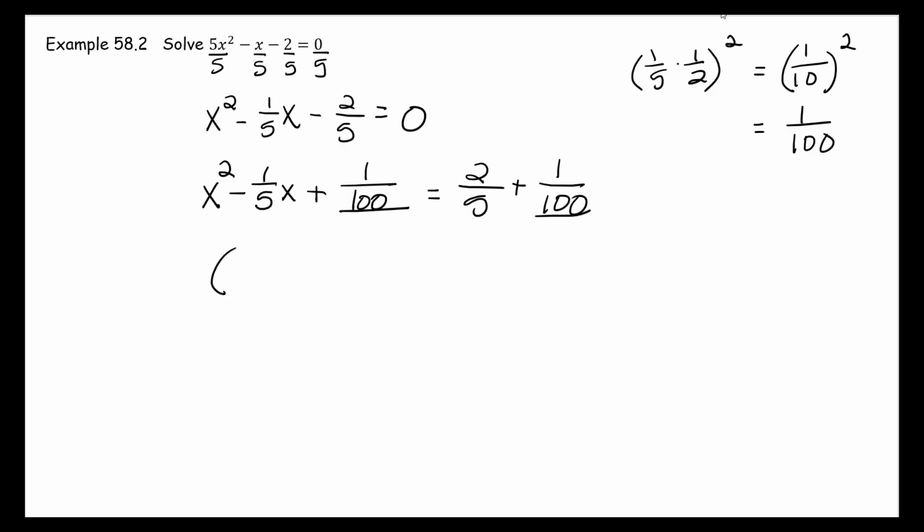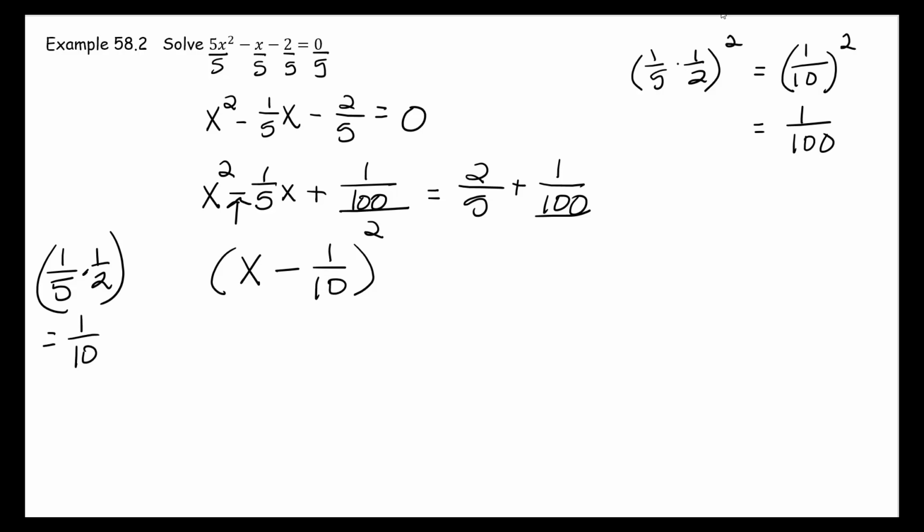And now we will write the left side of the equation as a perfect square binomial. What is going to go in there is going to be x minus, because this is a minus sign here, half the x coefficient. So half of the x coefficient is going to equal 1/10. So 1/10, and that is the left side of the equation. This whole left side can be written as a perfect square,